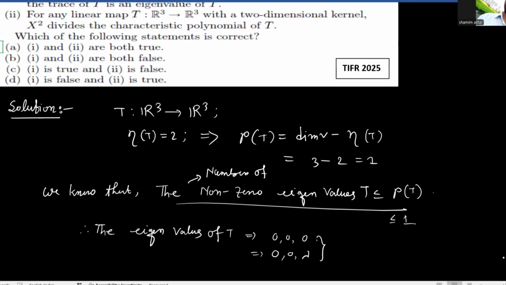This is the only possibility, because the number of non-zero eigenvalues is less than or equal to 1, so there is at most one non-zero eigenvalue, say lambda. So two possibilities arise here. One is that the eigenvalue set is 0, 0, 0, all three eigenvalues are 0, and the other is that two eigenvalues are 0 and one eigenvalue is non-zero, that is lambda. Okay, now,